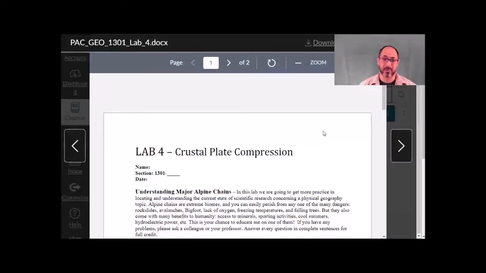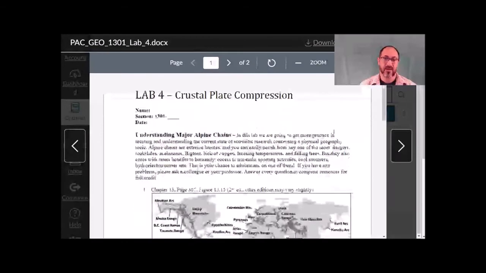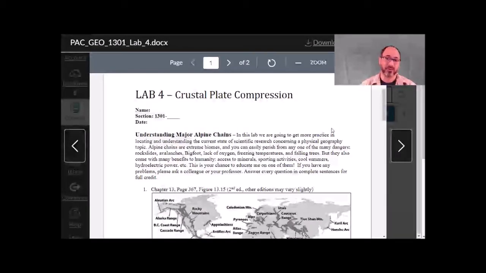Hello, in this video we're going to be going over Lab 4, Crustal Plate Compression. In this lab we're going to take a look at the lithosphere, specifically understanding the major alpine chains that are found throughout this planet. We're going to get a more precise understanding, locating and understanding the current state of scientific research concerning